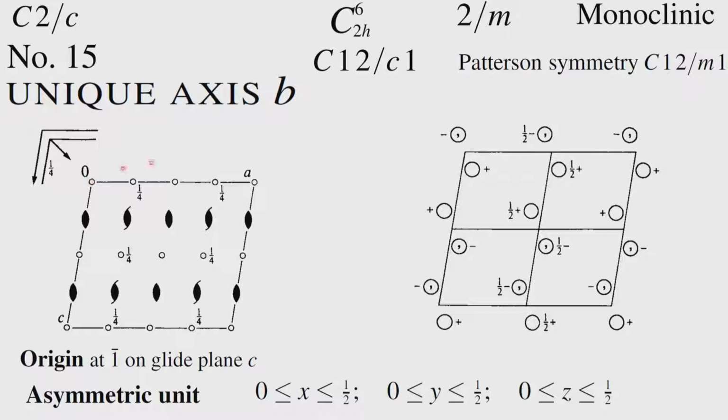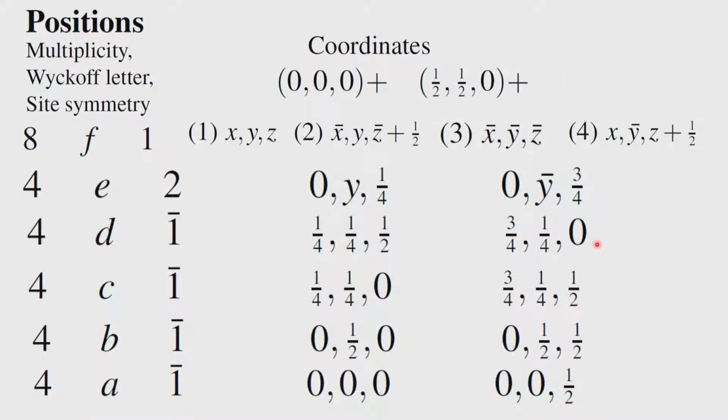So, the equivalent points will be x half plus y half plus z kind of a thing, and therefore, we now have invoking a new symmetry element into the system, which is now the n glide, and this n glide is now coming away from the origin and in a direction which is along the diagonal of A and C. So, there is a diagonal relationship like that. So, you see here that these two, if you consider, they are related by an n glide, because it is half distance moved here and half distance up there. So, that is how you get the diagonal glide invoked. Now, the equivalent points now therefore, obviously will double. So, we will have 8 of those.